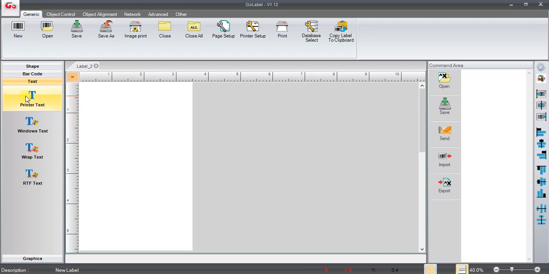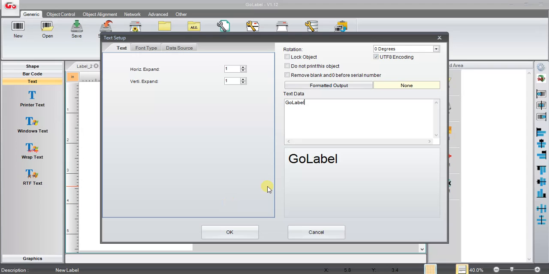So the first thing we're going to do is we'll go over the printer text. Just click on the printer text, whatever you want to use with one of these tabs over here. So we click on text and printer text, and then we'll come over to our label where we want to set up the name of the label. So on here, for instance, we would do ham sandwich. So we type in ham sandwich,